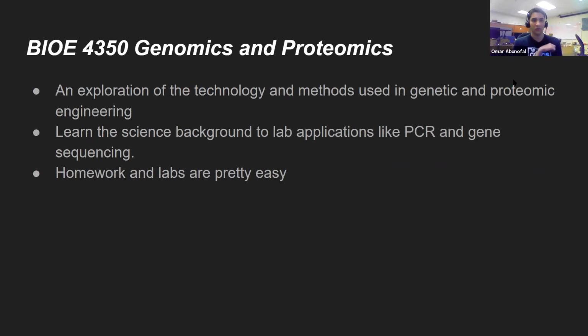All right, so genomics and proteomics is one of the senior level classes that you'll have to take. And what is this class about? It's kind of self-explanatory. It talks about genes and proteins. So basically, some of the content you learned in Bio 1 will be revisited over the first few classes, which talks about what genes are, and the central dogma, how genes are transcribed into mRNA and then into proteins. And then the class moves on with talking about some of the various technologies and methods that are used